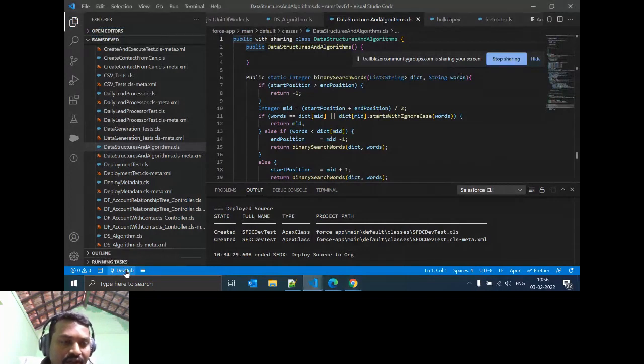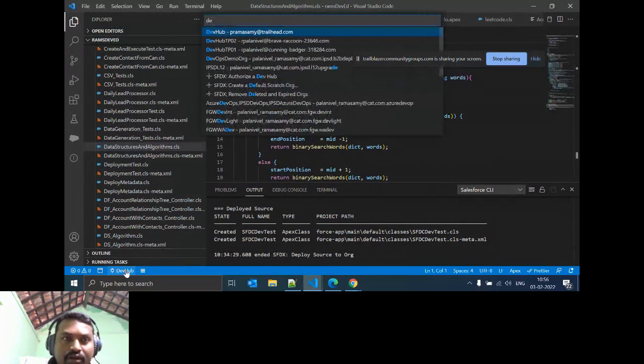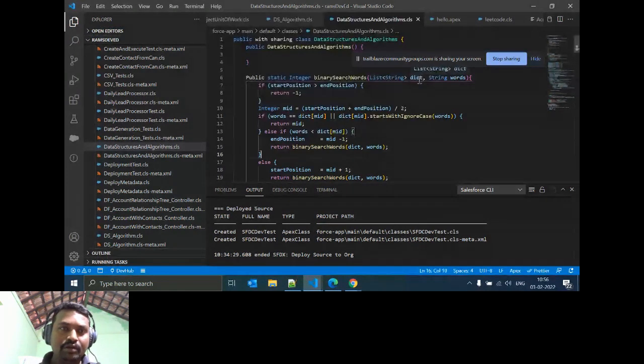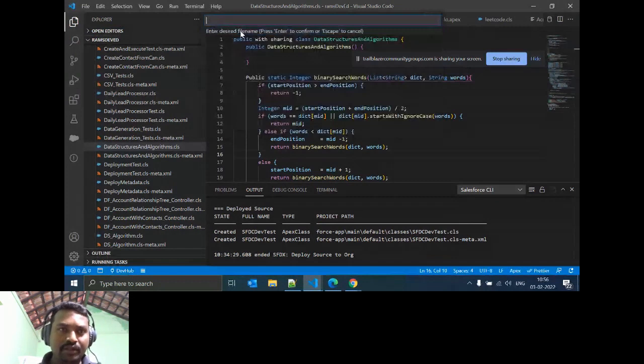This is where I connected DevHub. I connected my Ram studio dev work org already. I am going to create the new Apex class through VS Code. Here press Control Shift P, and click create Apex class. Class name, put SFDC demo.